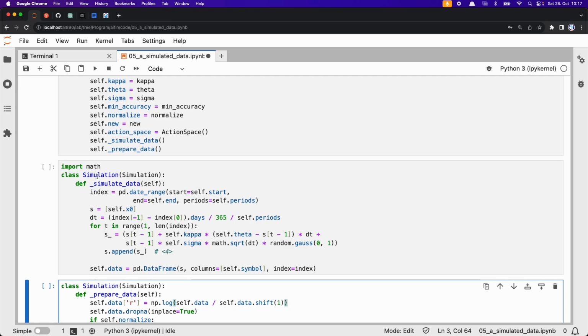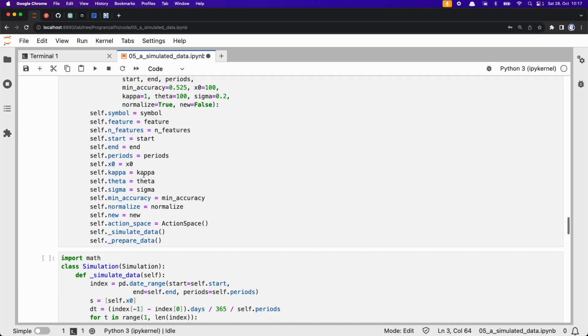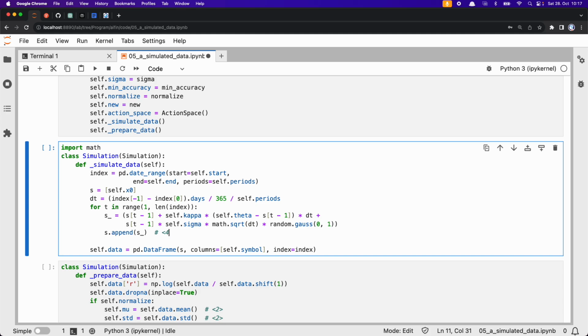The class Simulation from before, here with the init method, the only thing that was in there is now enhanced, augmented by simulate data, which replaces again the get data from before, and that's now an implementation for the simulation based on a discretization, Euler scheme, discretization of the Vasicek model. In this case, we don't take care really whether it should be mean reverting or whatnot. This is later decided based on the